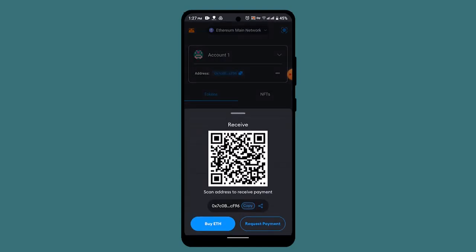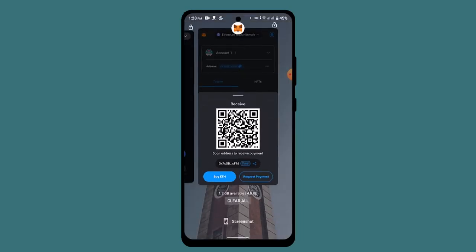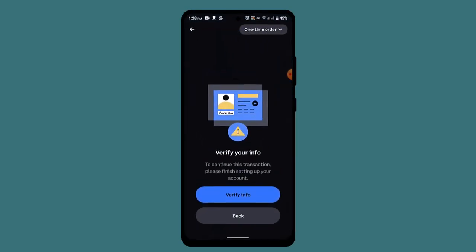Once you tap on receive, all you have to do is copy the QR code right over here and select ETH. Make sure to select ETH and copy this, or you can just copy the wallet address, or you can also simply download the QR code. After that, you need to exit out of your Metamask account, and here you'll need to paste in the wallet